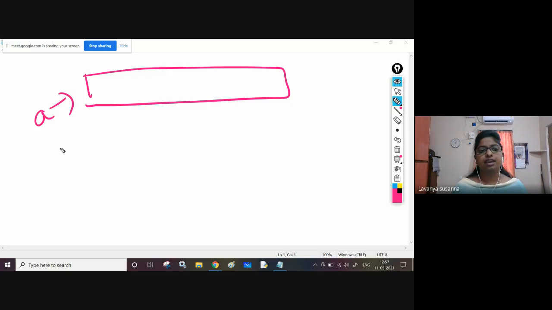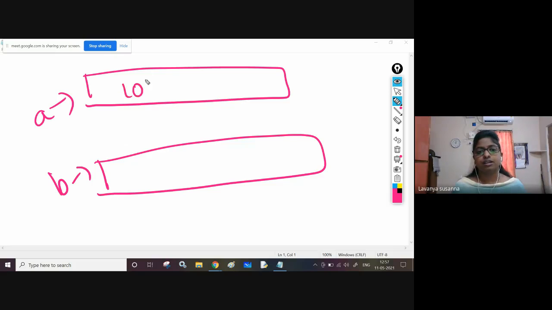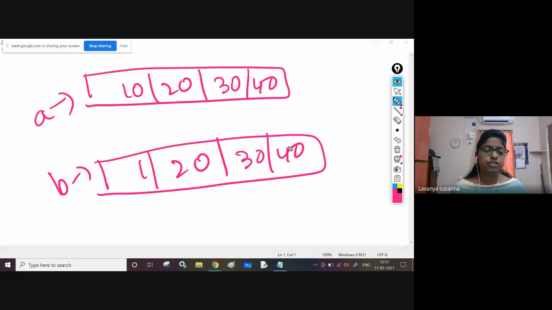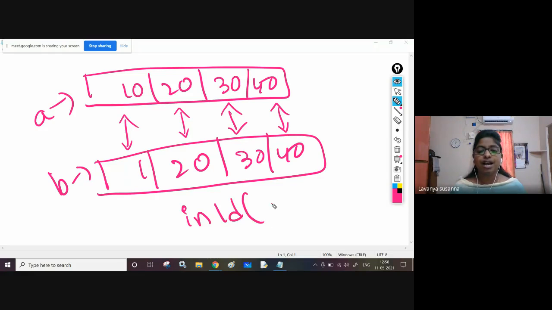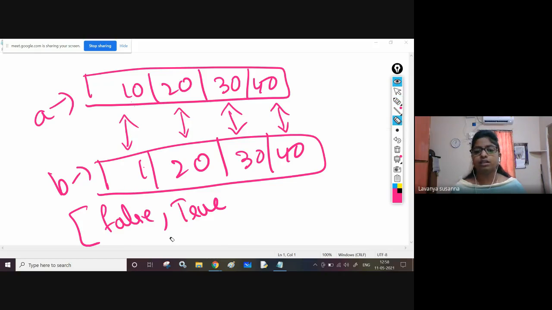Next, what we have discussed, if you want to check whether elements match. See here, this is A and this is B. 10, 20, 30, 40 and 1, 20, 30, 40. If you want to check whether 10 is present in B in that position only, and the next element 20 is present in B in that position only, and 30 as well, just use in 1D, pass A, comma B. What you will get is an array as the result. 10 and 1, both are not equal, so false. 20, 20, yes, present, true. 30, 30, true. 40, 40, true.